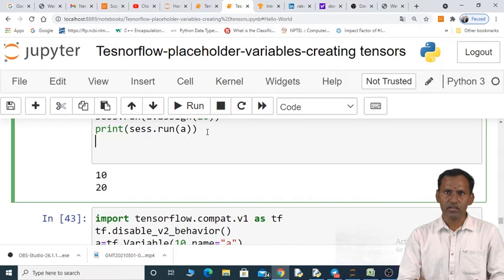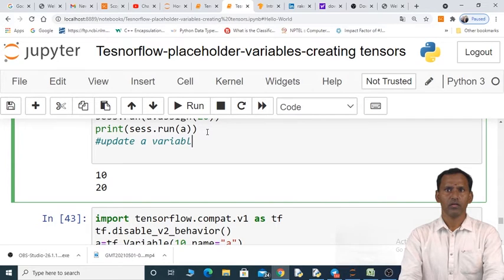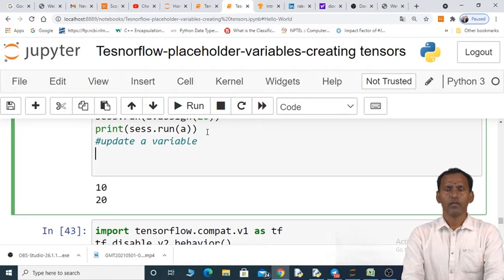Now if you want to update a variable, it's very simple. sess.run, variable name a dot assign.